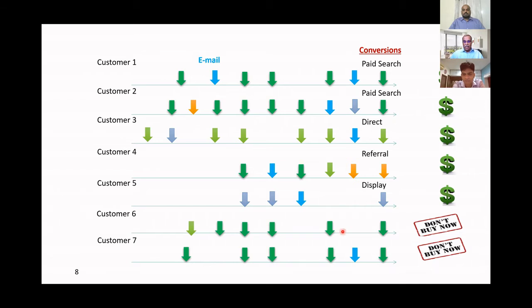So I can take this as a counterfactual of customer one, assuming that customers are pretty much the same. Think of customer one and the same customer as exactly the same. One person gets an email, one person doesn't get an email. The person who doesn't get the email does not convert. The person who gets the email does convert, right? And so immediately the fallacy of just using last touch attribution becomes very clear, because this email does have